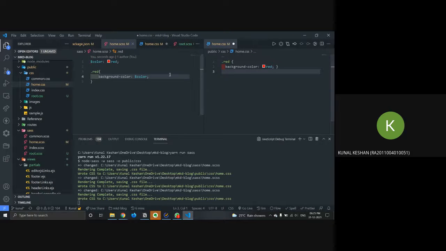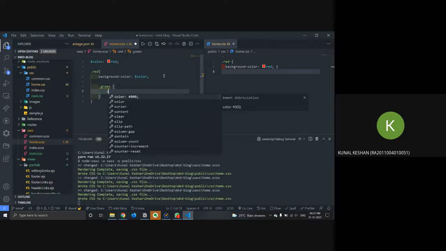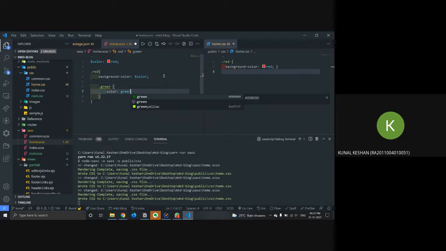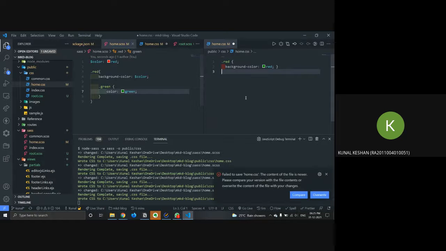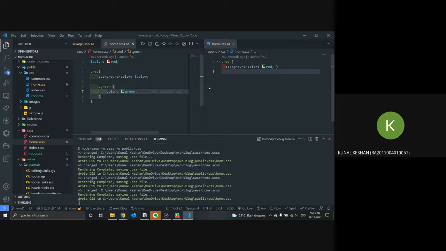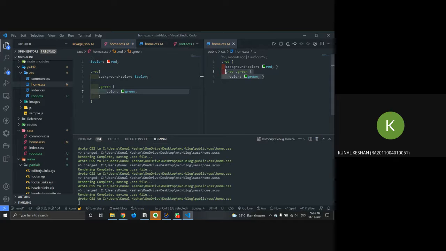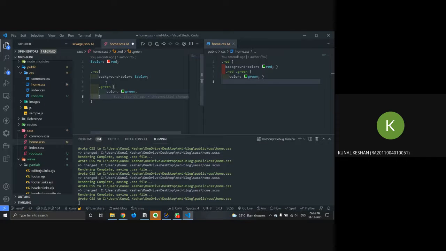What you can do is just come inside dot red and do dot green, and here you put color green. You can see it automatically wrote it for me the same way we wrote it before. So when I write dot green inside dot red, it means whatever element with class green is a child of dot red should have color green, and that automatically made the selector over here.